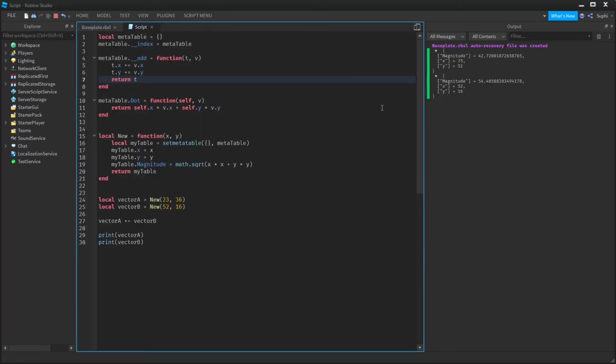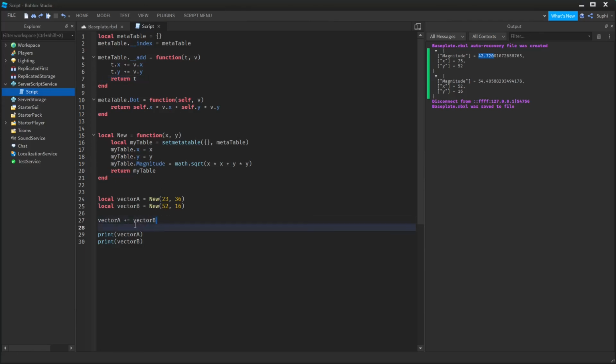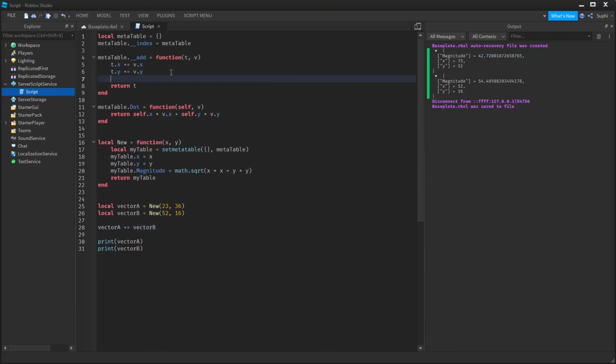And now we can see that the original value of 23 was increased by 52, which is now equal to 75, and the original value of 36 was increased by 16, so it's now 52, while vector b has had no change done to it and still has the original values. You may also notice that once we've added vector b to vector a, the magnitude is no longer correct, so we need to update the magnitude. So we can do this by going like this, and like this,